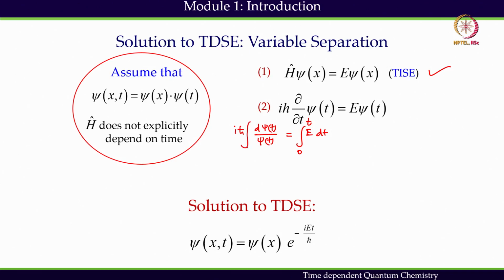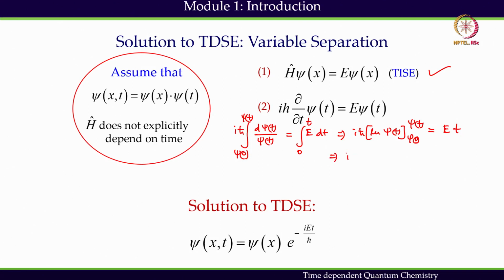When integrating from 0 to t, I get psi 0 and psi t. This is the integration, and this gives me the natural log of psi t, which is nothing but Et